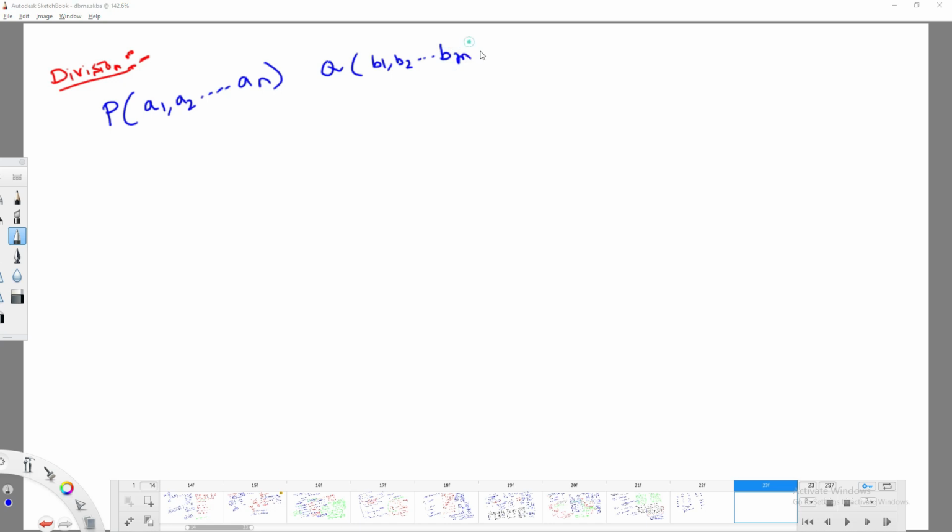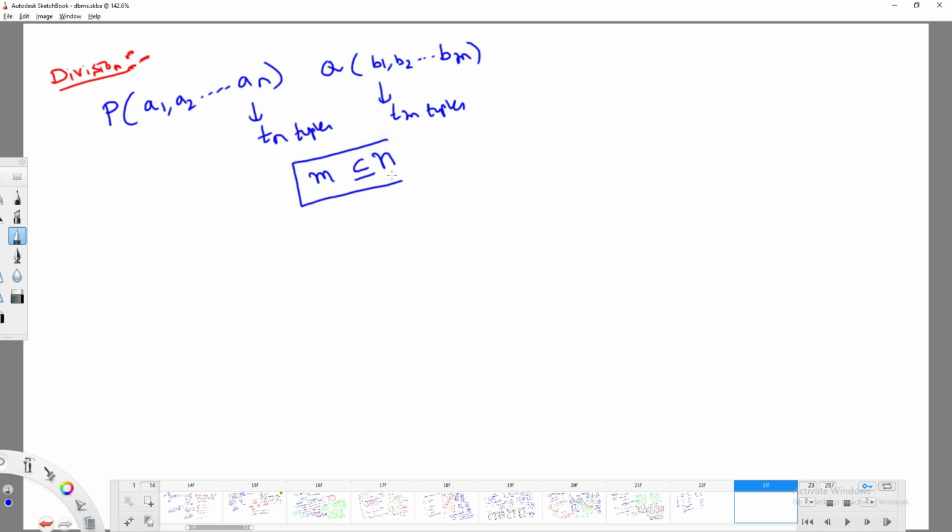But if you would like to perform a division operation between these two, compulsorily M is a subset of N. When M is a subset of N, then only you are able to perform the division.